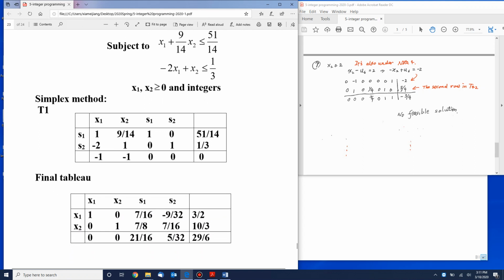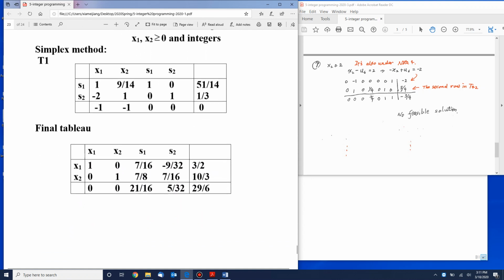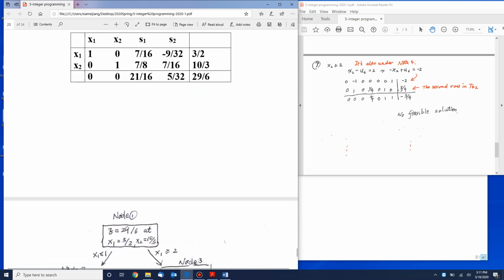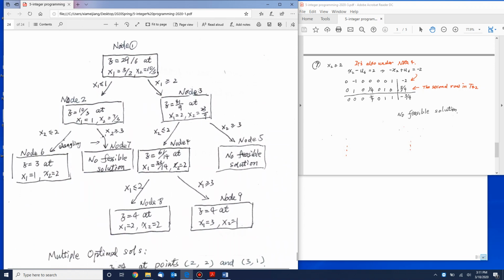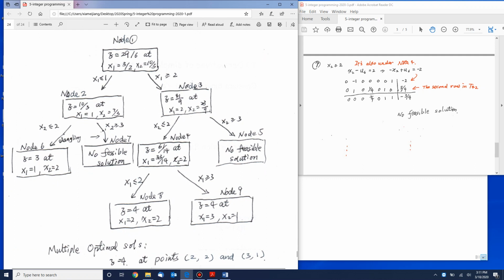If we want to give the solution for this example, we just simply use the tree structure, and that's the solution for this one. So here, when we have the first simplex method, we have z equals 29 over 6 at x1 equals 3 over 2, x2 equals 10 over 3. Then, as you could see, the fractional part of x1 is 1 over 2, fractional part of x2 is 1 over 3. So of course we start